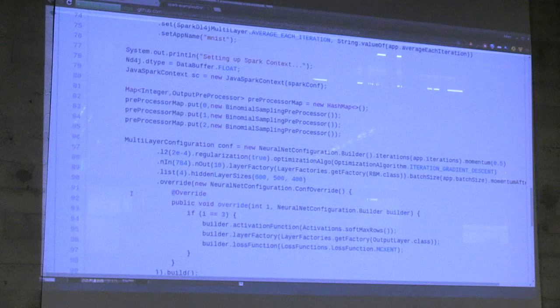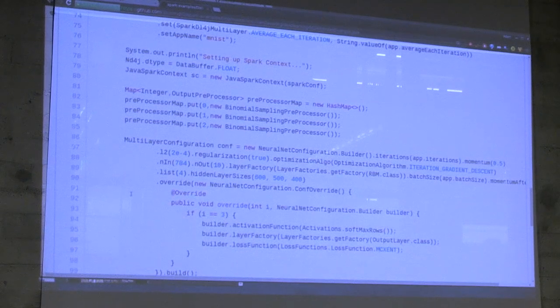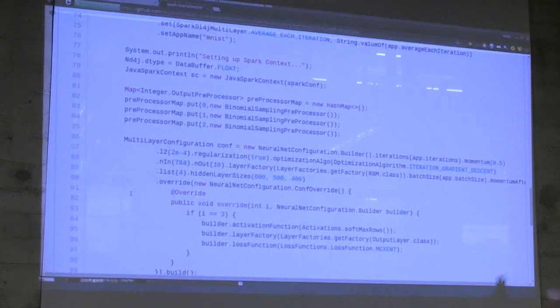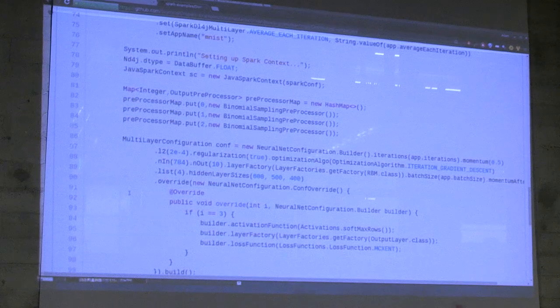So basically, what I do here is I take a layer factory. I say I want a restricted Boltzmann machine. A restricted Boltzmann machine is that two-bias neural network I was talking about that does automatic feature engineering. So it learns the features, it learns faces, it learns OCR, handwriting, whatever you can think of. It learns those things, and then what you do is you say, OK,